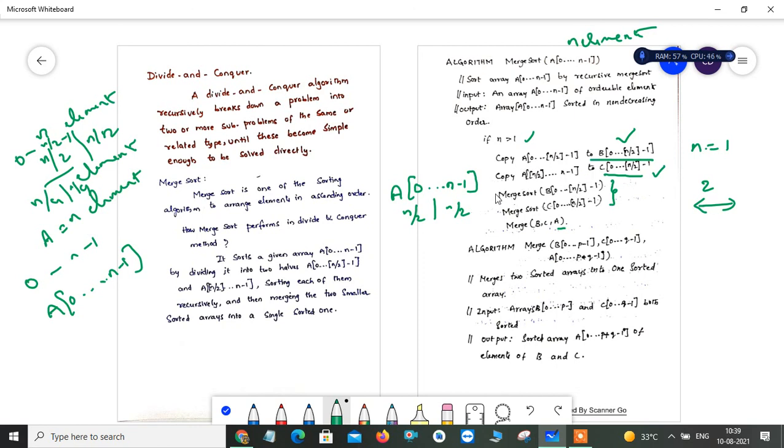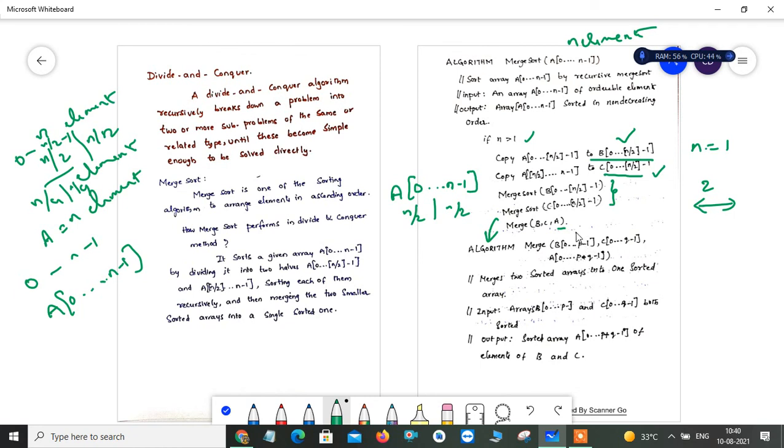So now here we are calling merge sort. So now it will implement your merge sort algorithm. Right, so here we are going to apply your logic, what you are going to do for sorting, and everything is available in this algorithm. So now for this merge sort algorithm, we have to take B, C and A.